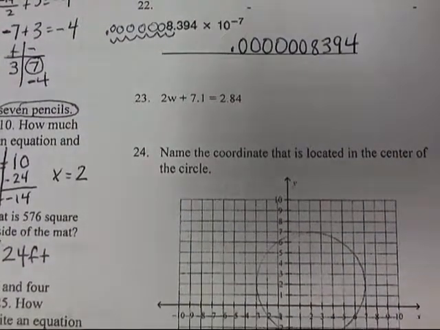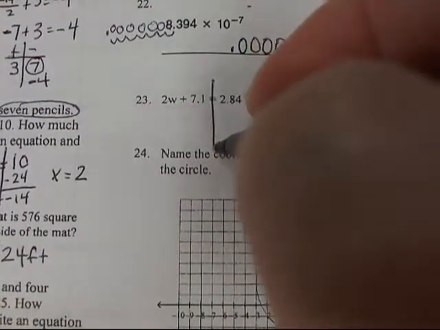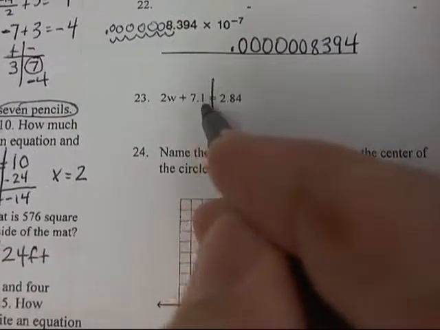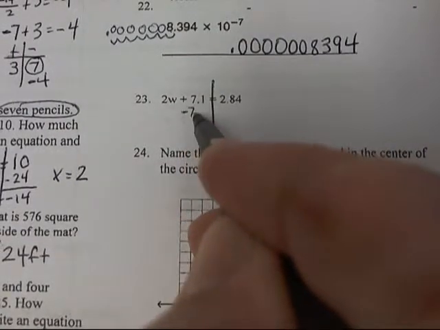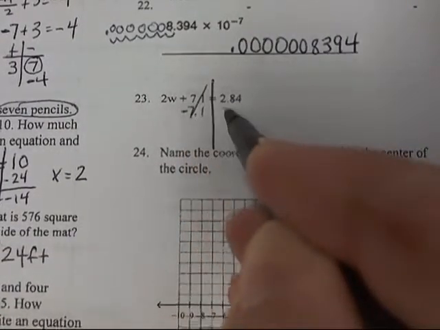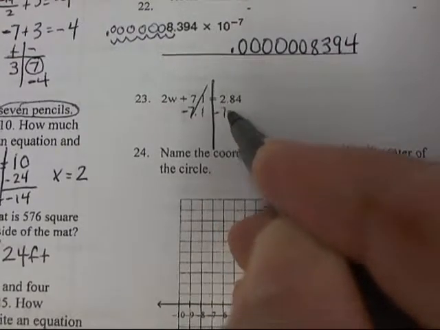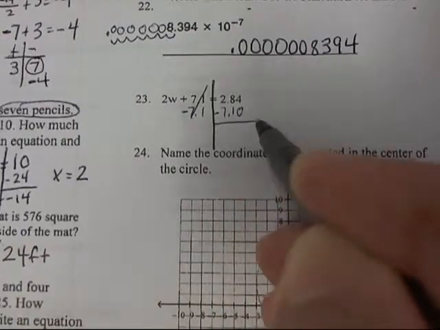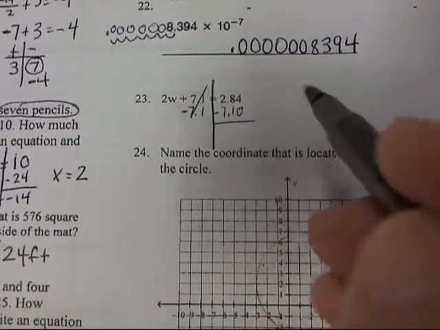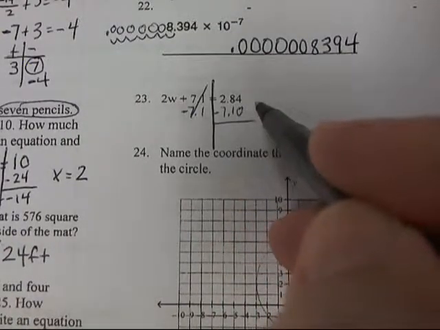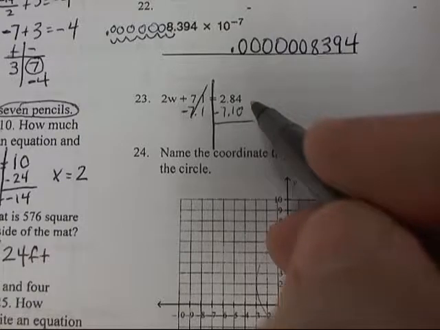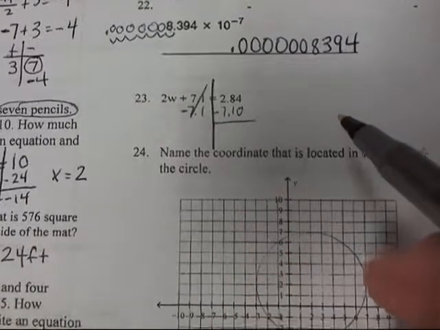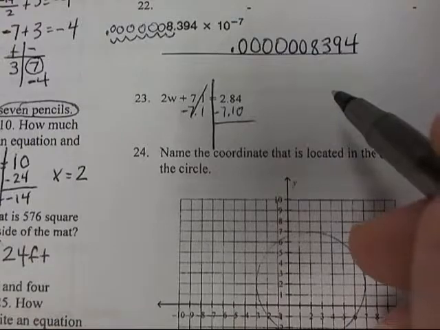Number 23, draw your line down the equal sign, take the opposite of plus 7.1, which is minus 7.1, that cancels it, minus 7.1 here. Add your 0 on the end so we have an equal amount of numbers to the right of the decimal. Let's see. Okay, so what we need to do is